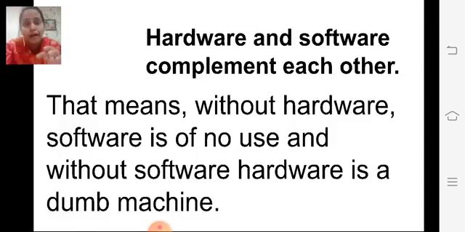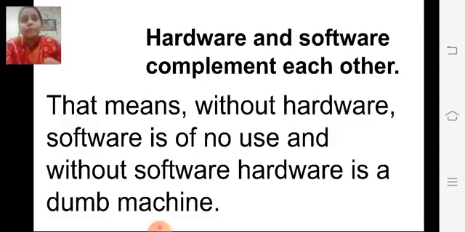Mouse is a hardware. So how will you draw? Not possible. Understood? So hardware and software complement each other. They depend on each other, interdependent.